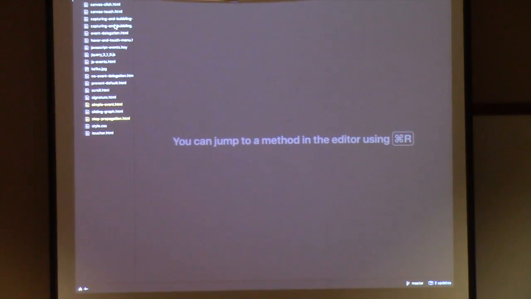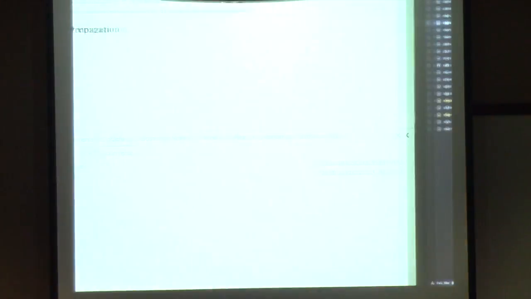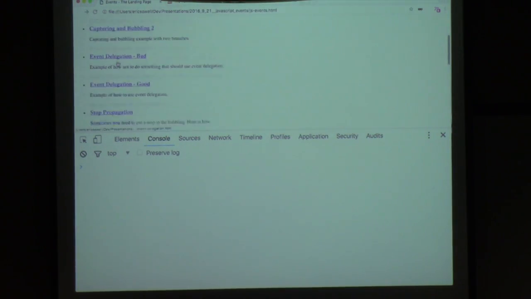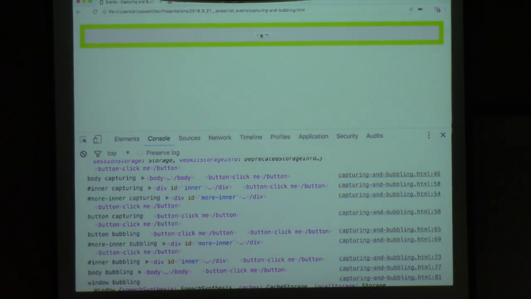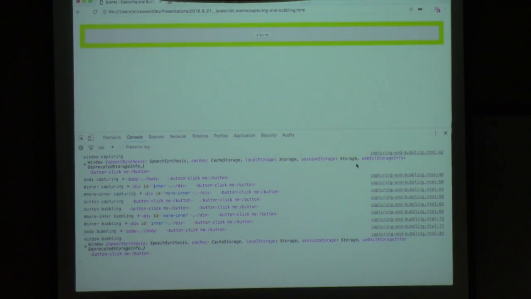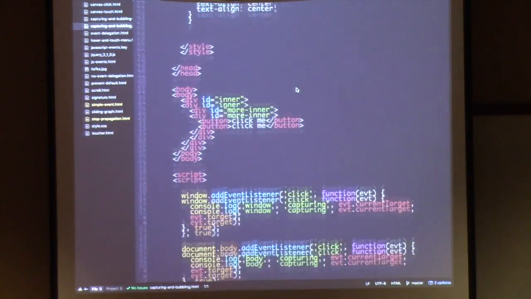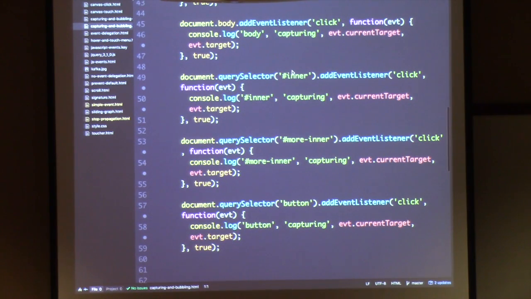Now let's go back to capturing the bubbling page again and see this. Capturing and bubbling. This captures all the way down and bubbles up. Okay, so we haven't made any changes. So I'm going to go here and, on more inner,